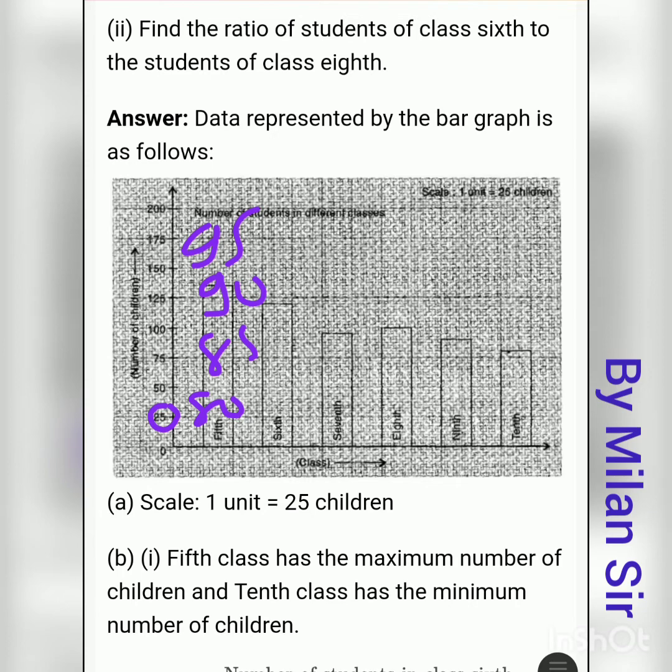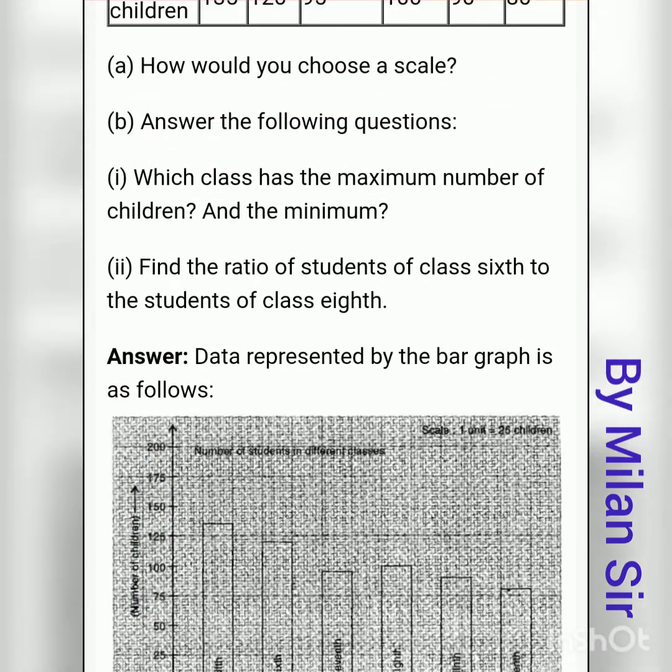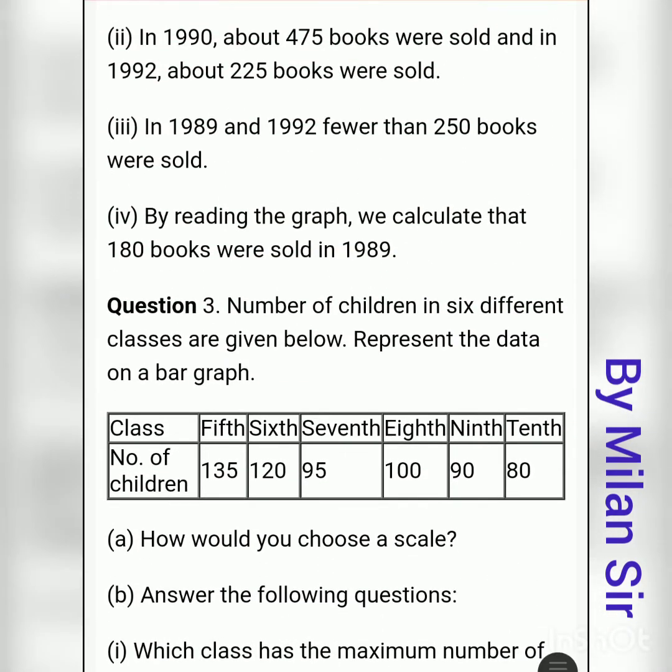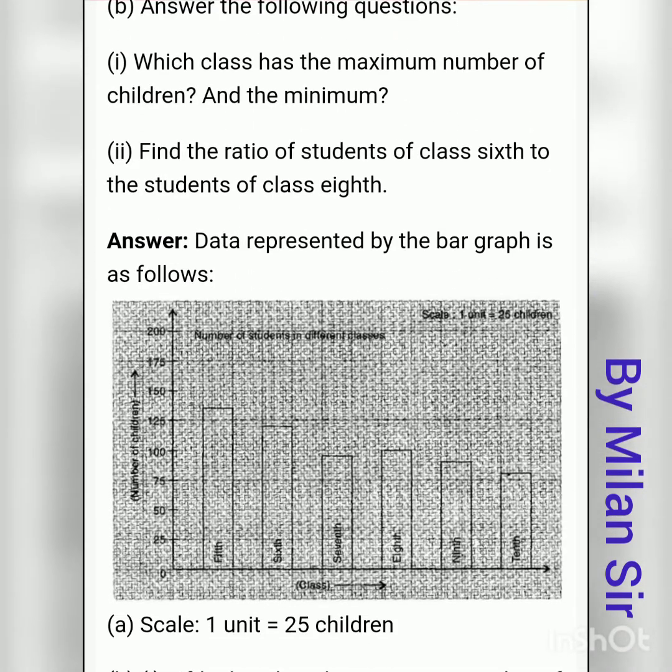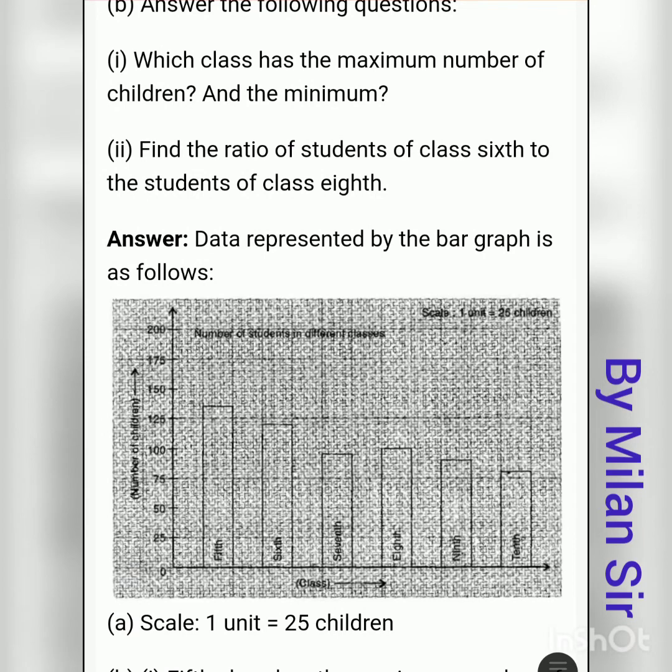Just take the numbers 80, 85, 90, 95 on the y-axis. Instead of taking this, you can take any number. If you take 80, 85, 90, then all the numbers are multiples of 5, so you can easily represent all the numbers on the graph. If you start from 80, then 85, 90, here you need to change the scale. 1 centimeter is equal to 5 children only. 85 to 90 means a gap of 5 students, so 1 centimeter is equal to 5 children.